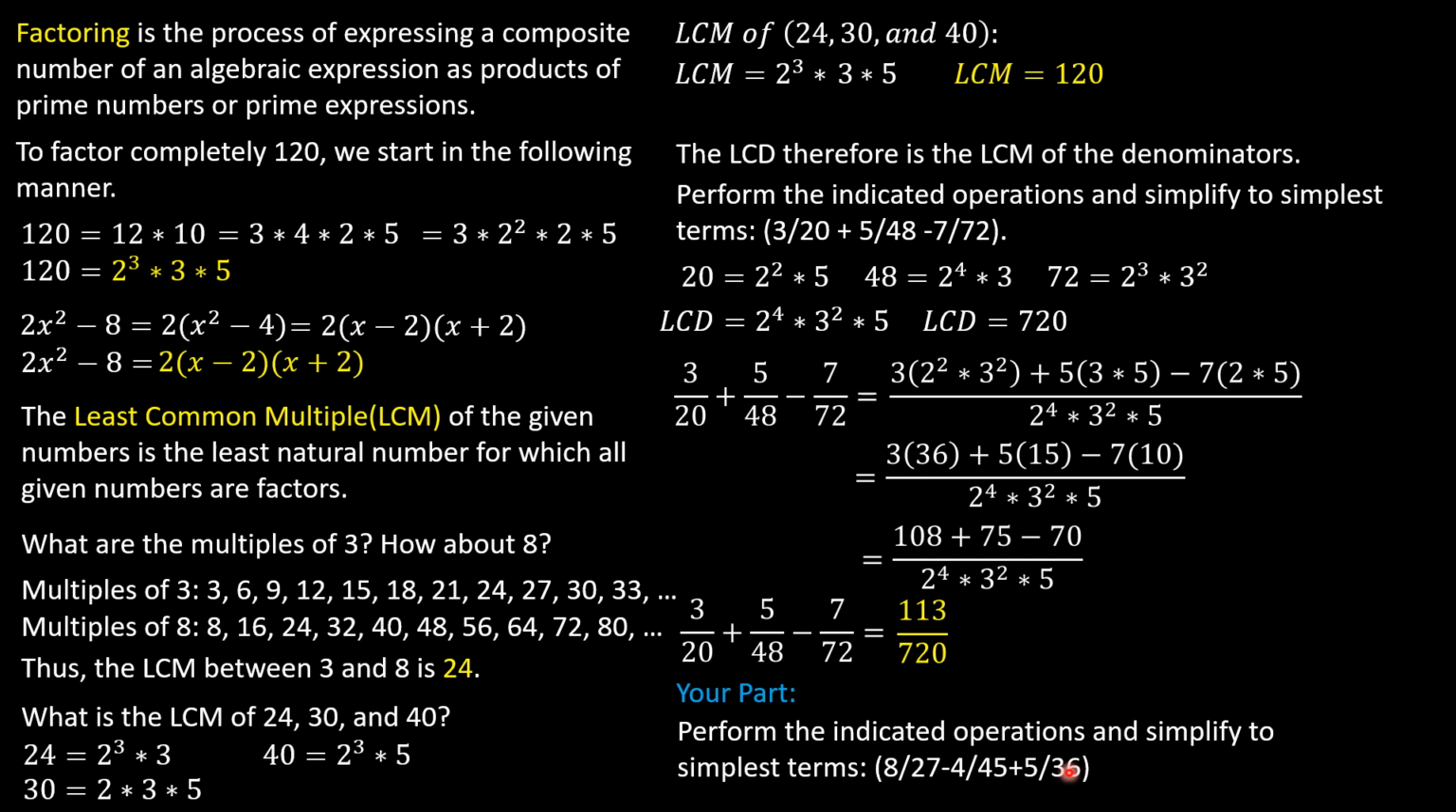We have quantity 8 over 27 minus 4 over 45 plus 5 over 36. And without using the calculator, show that the answer is equal to